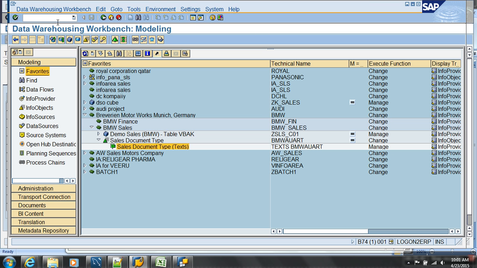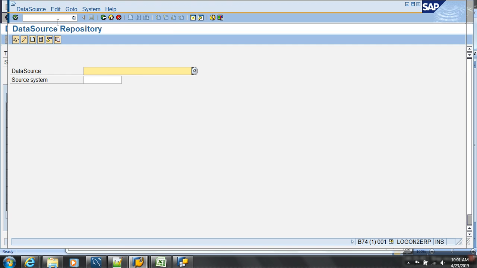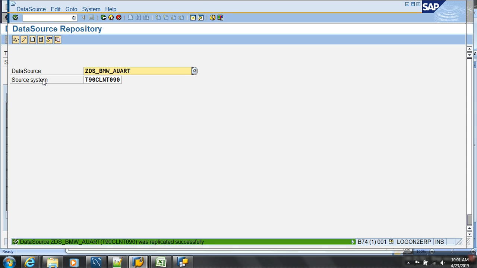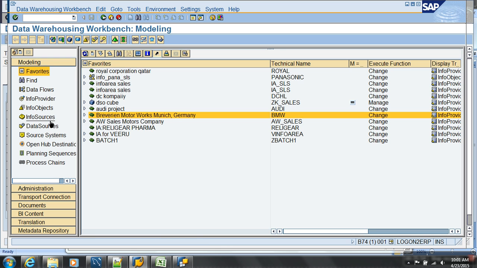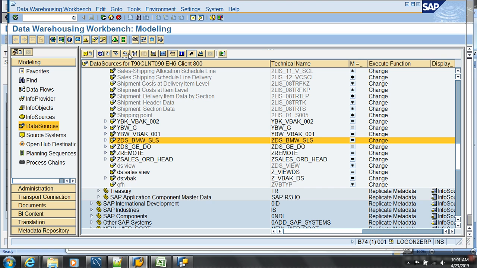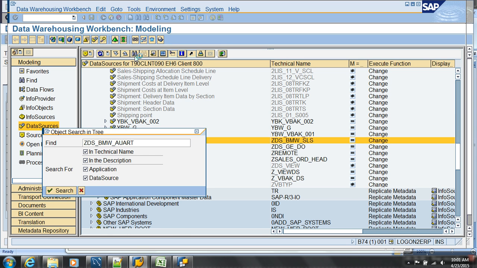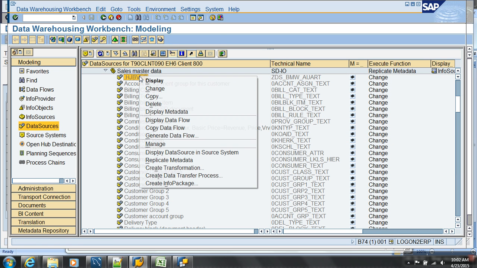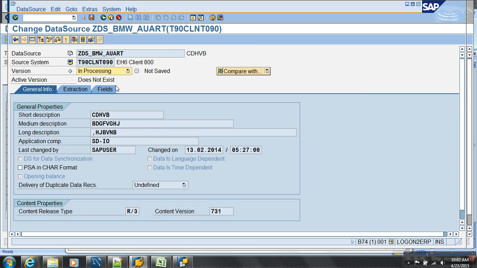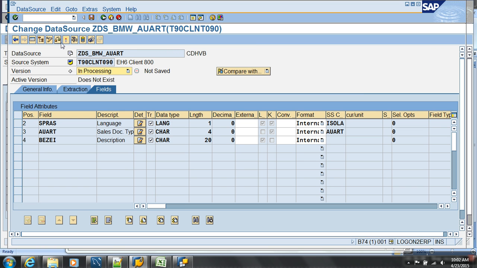Next, search for your data source. Right click and say change and activate your data source. You can see these are the fields coming in and active.